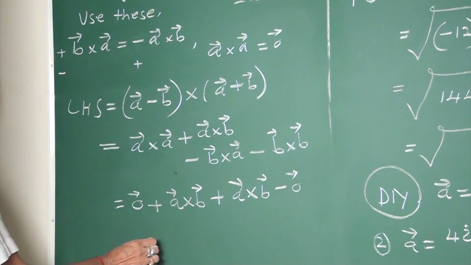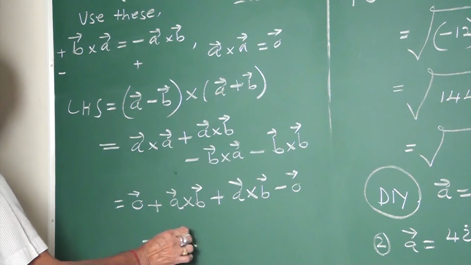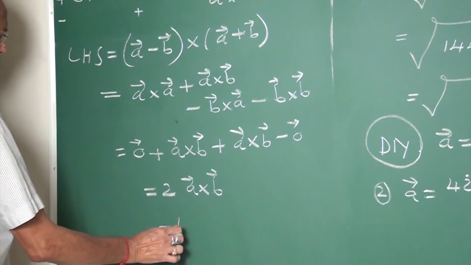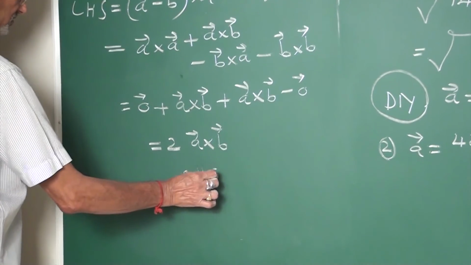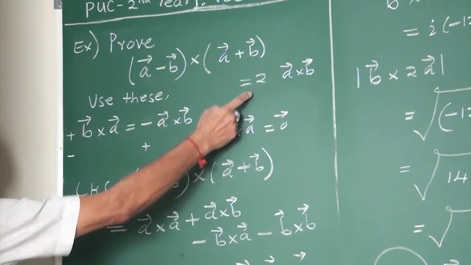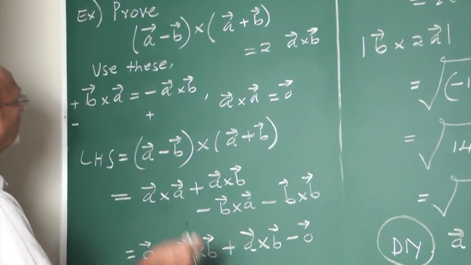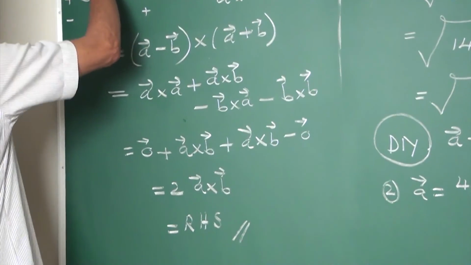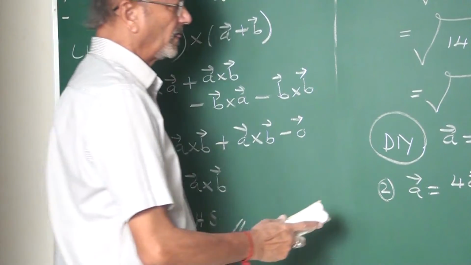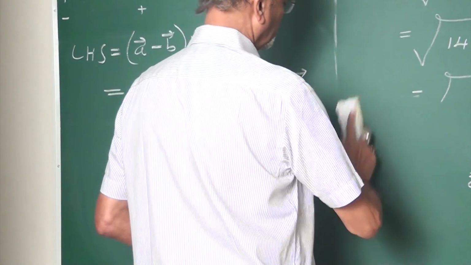So, adding, 2 times A cross B, which is, my friends, the required RHS. Yes, it is a good example under 2-mark question. One sample I have done, 2-mark question, good example. And one more example is,